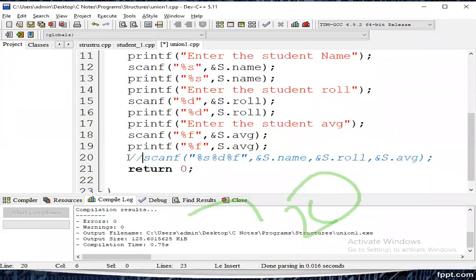So we cannot use this type of declaration. This type of declaration is supported only by structure, because structure can hold the total size of each and every member, but the union can store only one member at a time. Practically, think about the printer: you can give 10 pages to the printer, but the printer can print only one page at a time.